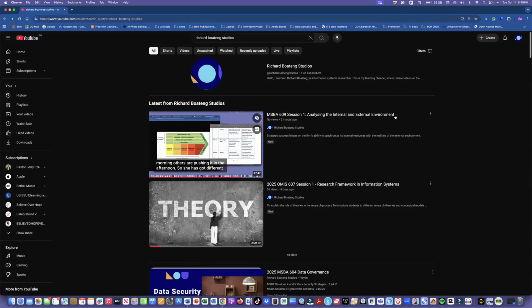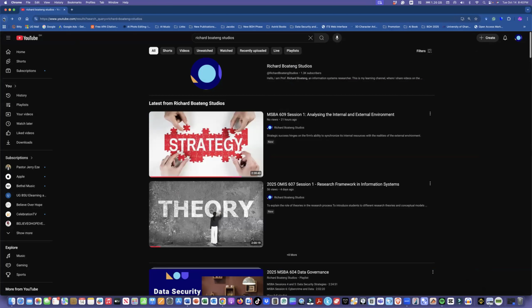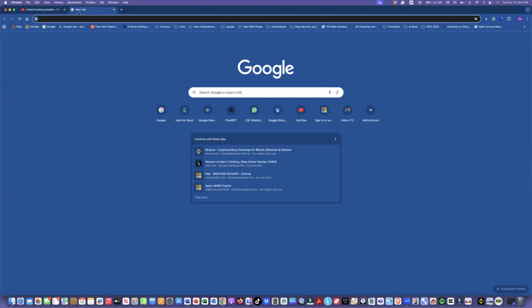Maybe what I have to do to differentiate is write the group number, group 1, group 2, group 3. I'll try and do that, because this one I didn't write group 1. So I'll do group 4 and 5, or Tuesday group, or I'll use the day of the week. It's better for people to realize that this was Tuesday or something. So that is one. Then on the class platform,